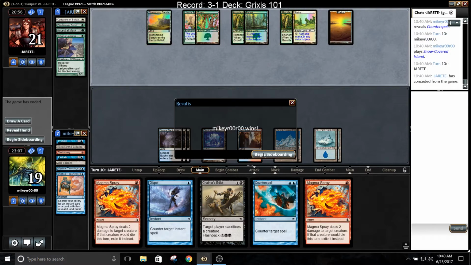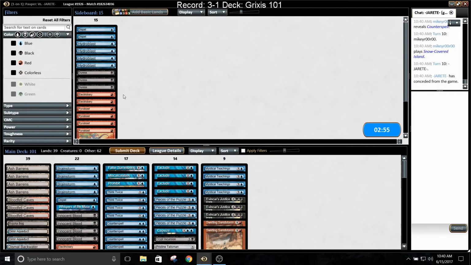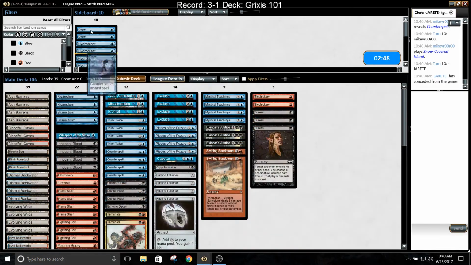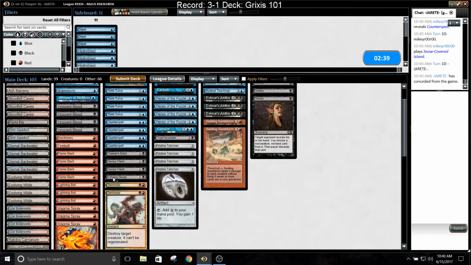Alright, yep, my opponent has conceded. That's a smart move. Alright, so I obviously want these Duresses and Electrickeries just like last time. I didn't see Manamorphose that game. I'm going to take out the Dispel until I see otherwise. And probably going to take out some targeted removal, so Echoing Decay is probably...